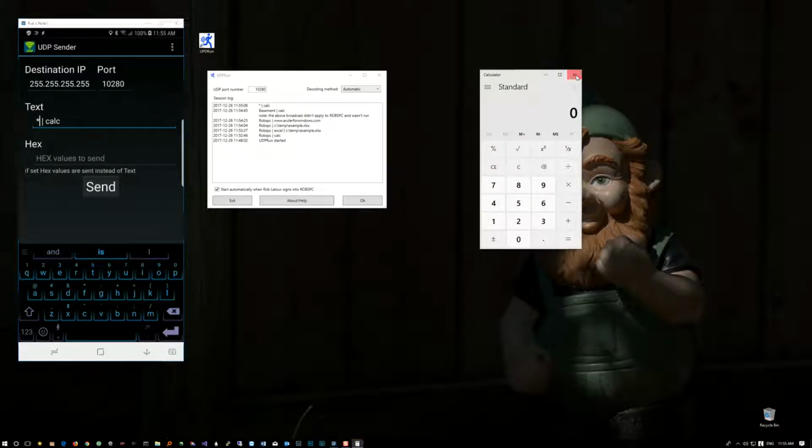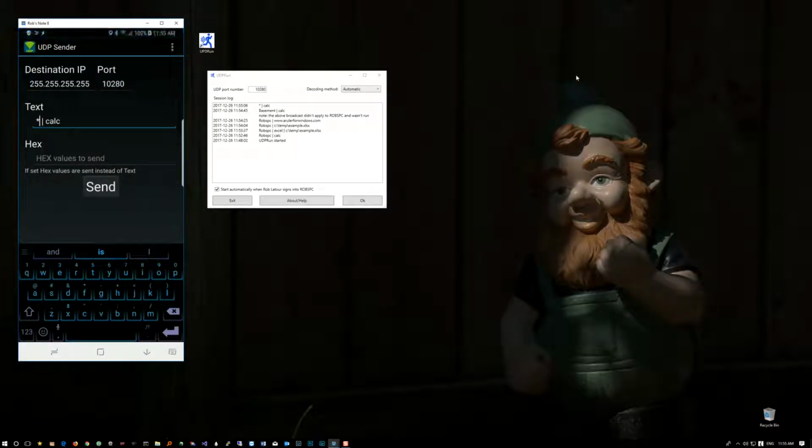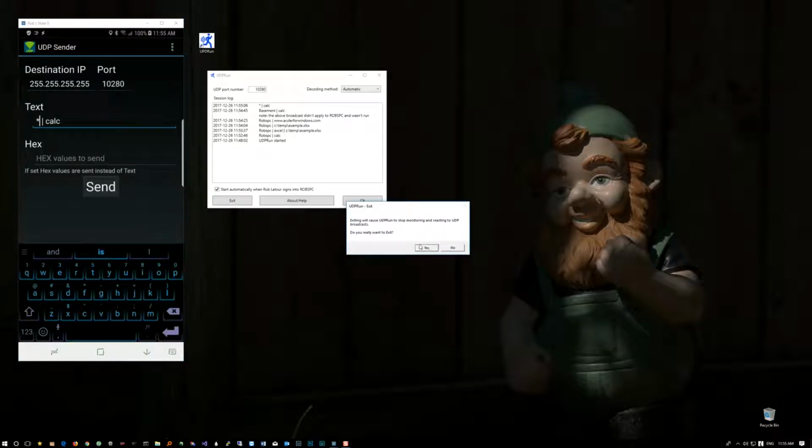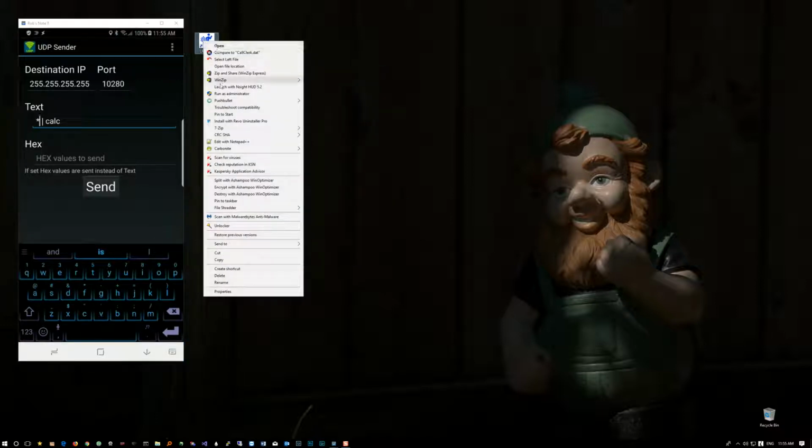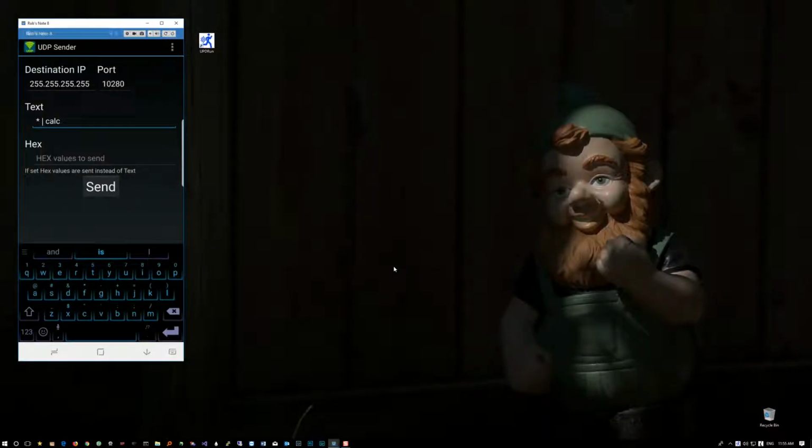The other thing I'm going to show you quickly is the program runs by default as a regular permissions program. If you want, you can exit the program here and restart it, running it as an administrator, which will give you administrative privileges. Now you won't see it, because of the screen capture tool I use, but I had the Windows prompt come up to allow me to do that. I said yes. So now the program is running,